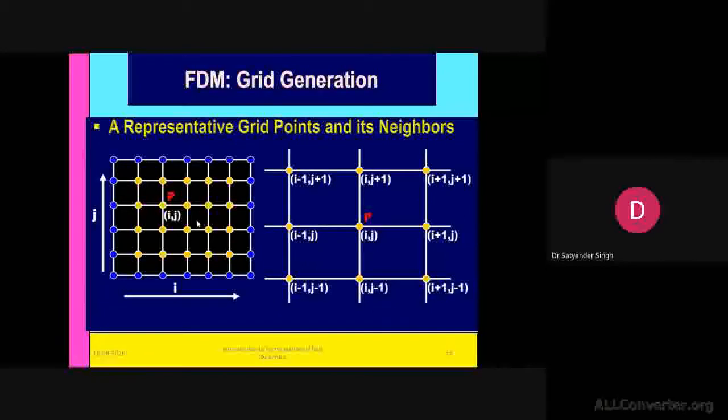Like, say, for this particular P point, I am saying it is Ij. Ij will indicate the coordinates with respect to x or y, and accordingly for the upper node I can recognize it like Ij plus 1. This particular designation is important because your code works like this. And for this one, we can recognize it with I plus 1 comma j. You know already, for x it will be plus and for y it will be minus, and for x this will be the minus. On that basis, we have designed this whole system.